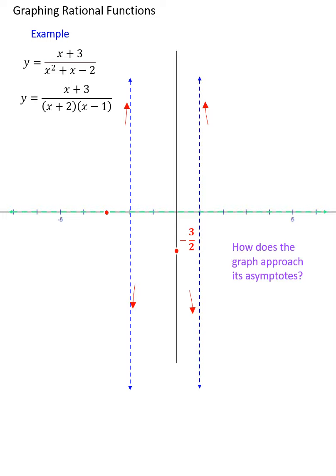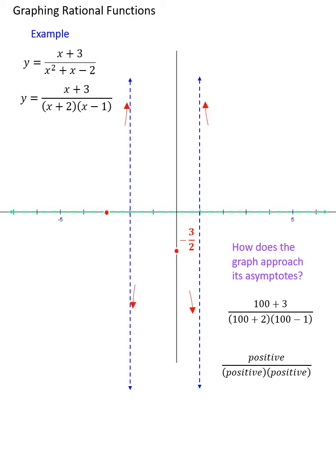The last asymptote to analyze is the horizontal asymptote, y equals 0. If you want to know what direction the graph is going, there are many ways to figure that out, but how is it approaching this horizontal asymptote? One way to do it is to plug in a really big number like 100. And you might think, well, I don't want to do all this arithmetic. Fair enough. Regardless of whether you do the arithmetic or not,